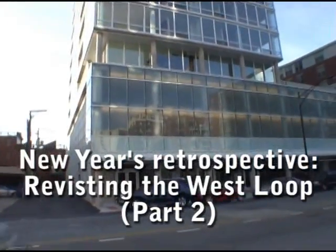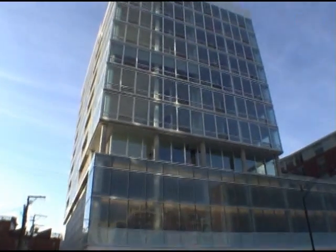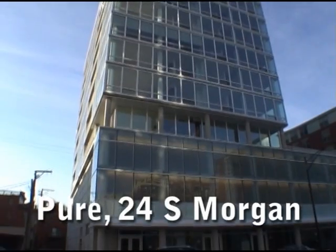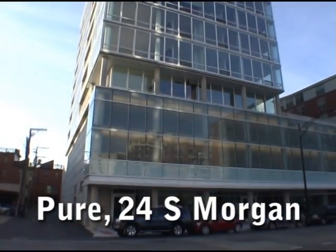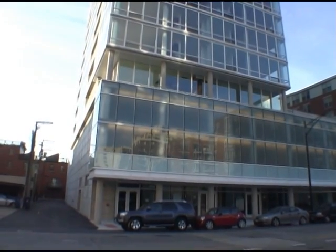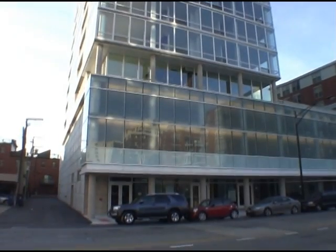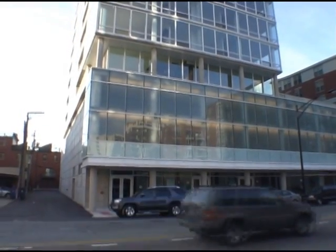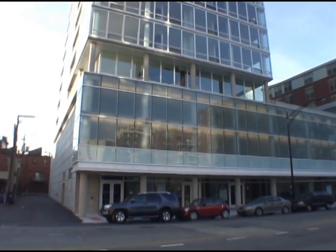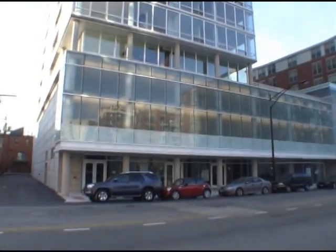Now we're down at 24 South Morgan Street, the site of Pure, which was one of the more interesting stories of 2008 because the developer, Sunrise Development, disbanded right as the construction on the building was being wrapped up, and I think the principal of that company skipped town. But looking at the building right now, I see a banner on here